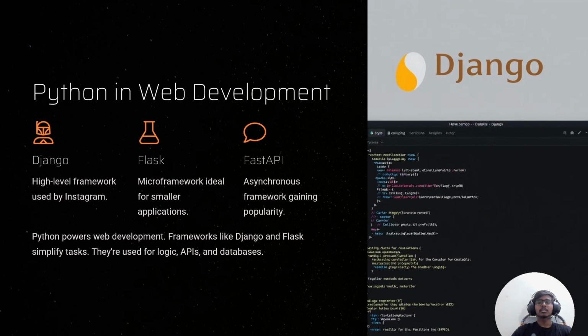So the applications of Python programming language is used in various platforms like in web development, also in game development and making real-time applications. So few examples of Python programming language used in web development are Django, which is a high-level framework used by Instagram, and here we also have Flask and Fast API,